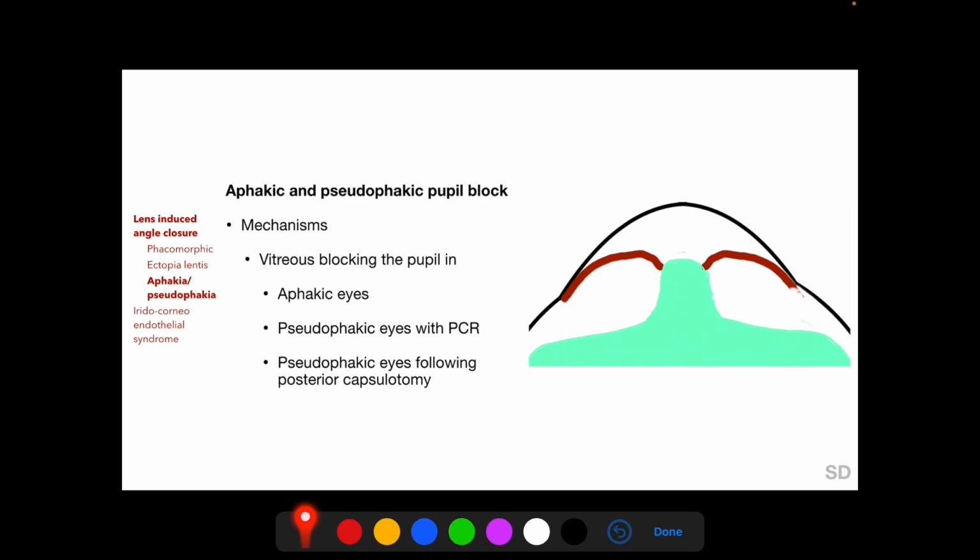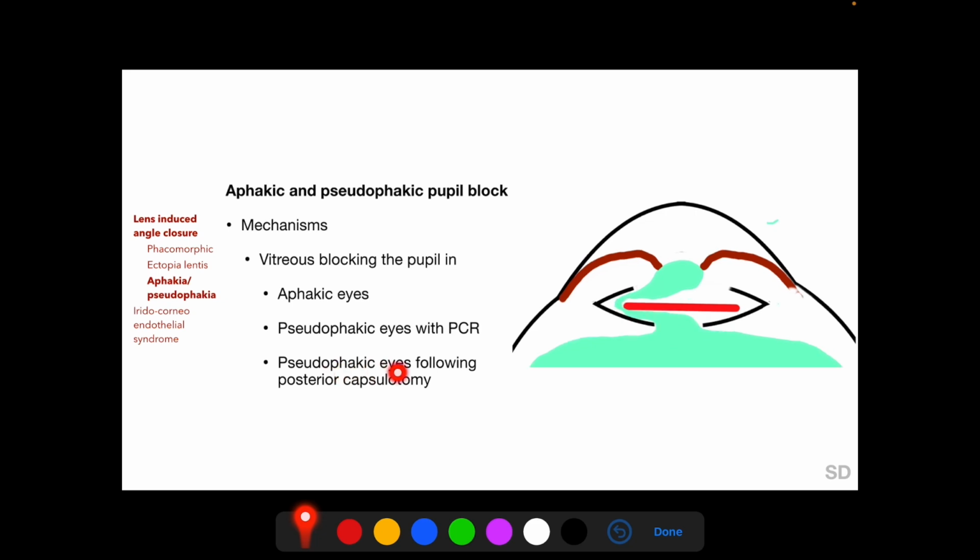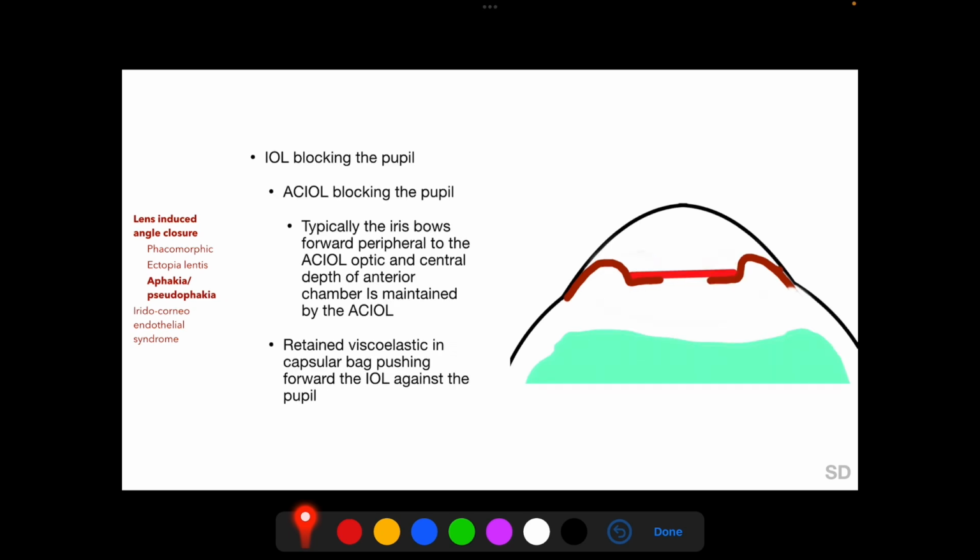Pupillary block can occur in aphakic and pseudophakic eyes following cataract surgery by various mechanisms. The vitreous can block the pupil in aphakic eyes as shown here in this diagram, in pseudophakic eyes with posterior capsular rupture as shown here in this diagram, and in pseudophakic eyes by a similar mechanism following YAG laser posterior capsulotomy. And in a pseudophakic eye, the intraocular lens can also block the pupil, and this can happen with an